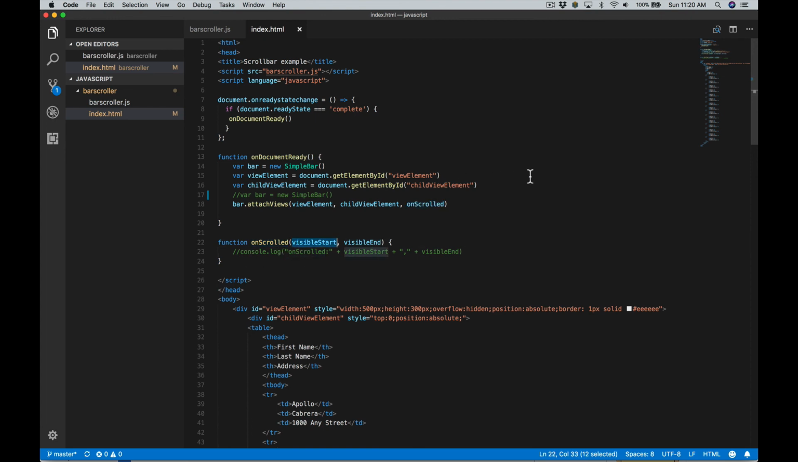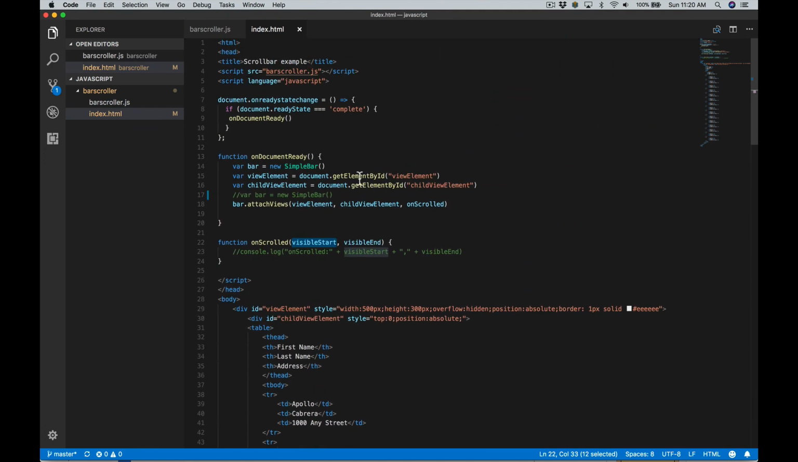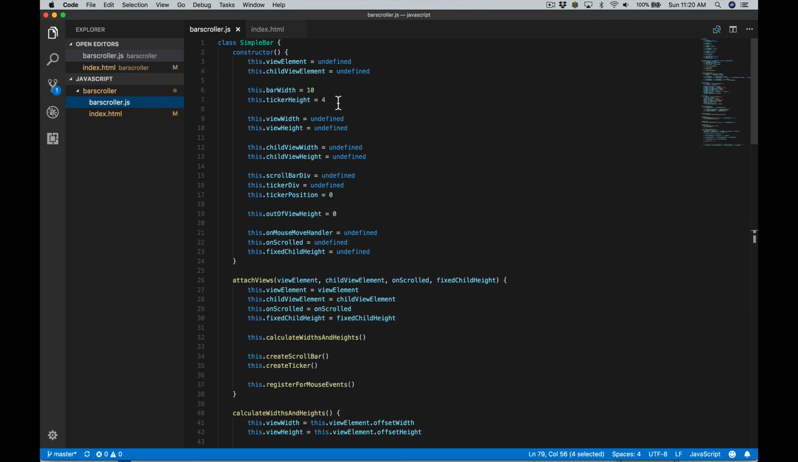So that's how we initially create our HTML elements, and how we hook up our simple bar to the views that we want to do scrolling with. All right, so to bar scroller, using ES6 here, using a class. And in our constructor, we're just defining a bunch of properties. And some of these are undefined, but I define them ahead of time so the IntelliSense can detect that it has these